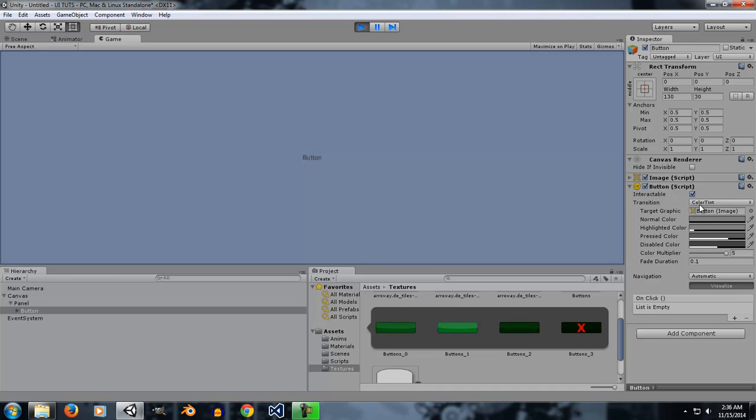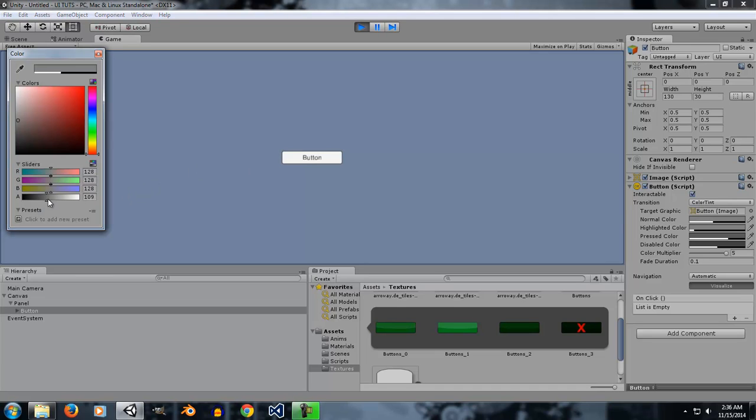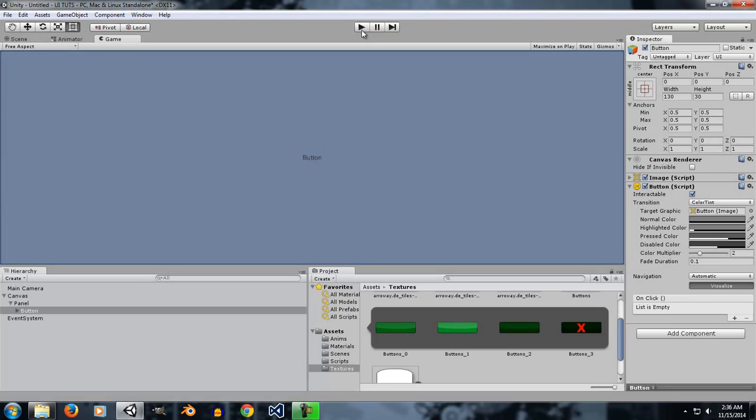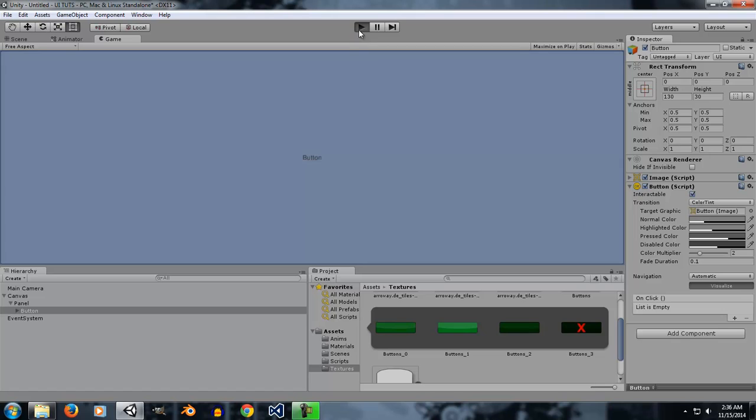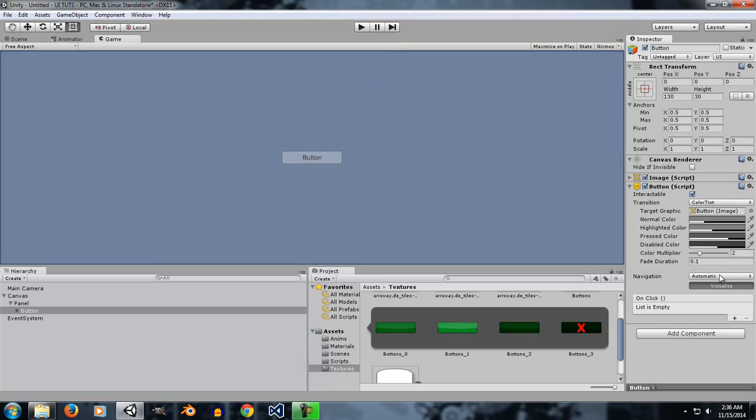Fade duration. What is fade duration? Okay, so let's talk about that. I'm just going to go ahead, first one right here, this one right here, and if I play it, okay, so now it is back to normal. Okay, let's talk about the fade duration. What is fade duration, what does it do, what is its function? Fade duration is the time delay between the transitions. So it means that the time it takes between normal color to change to highlighted color when being highlighted